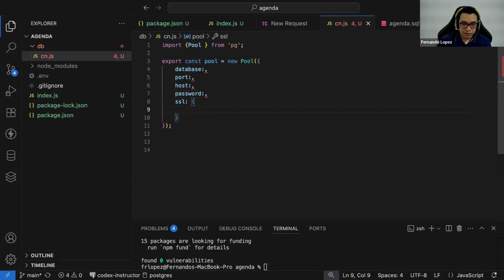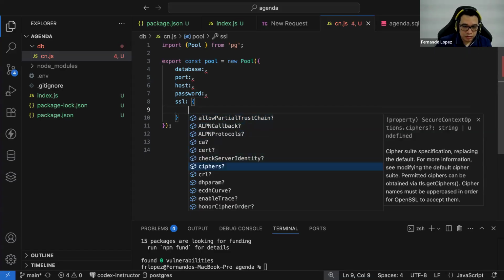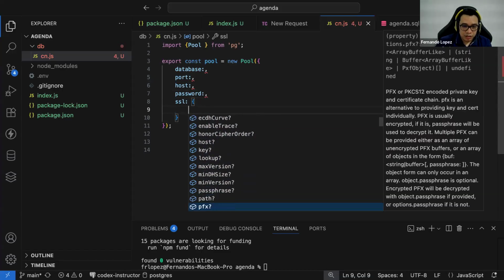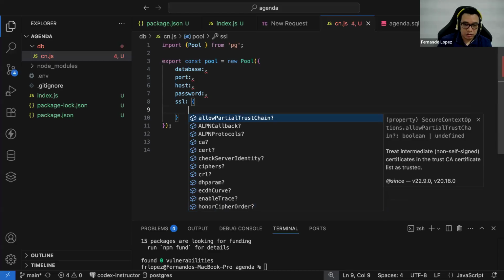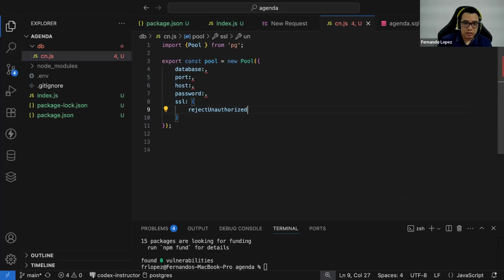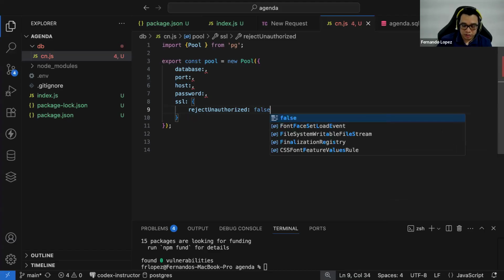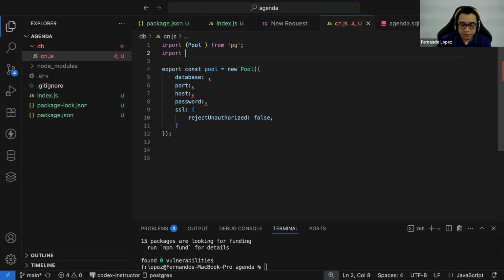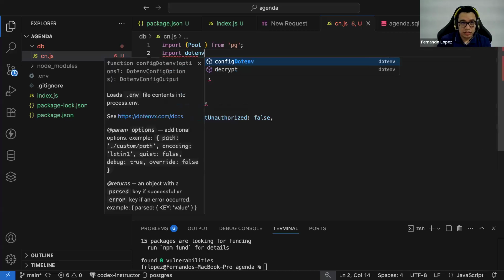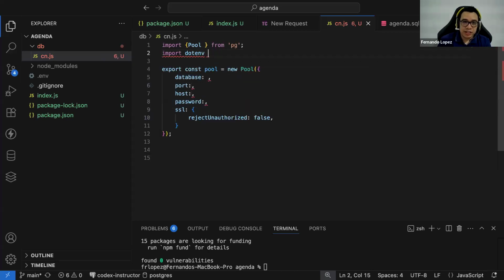Give me a second, I don't remember. Think here. This is the way to set it up. Okay, now if you want to access the variables that I have in my .env file, first you need to import the dotenv package, from the installation of the new library.